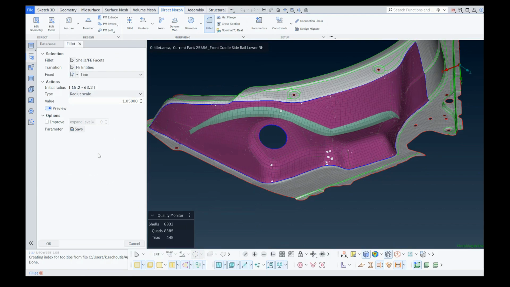Now, regarding the modification of the fillet area, we have three options available. One that allows us to scale the radius of the selected fillet, another one to offset it by a specific number, and also to set a specific target radius to our fillet. For example, we select the first option. You may see that as we change the value of the scale, the fillet is scaled as well.